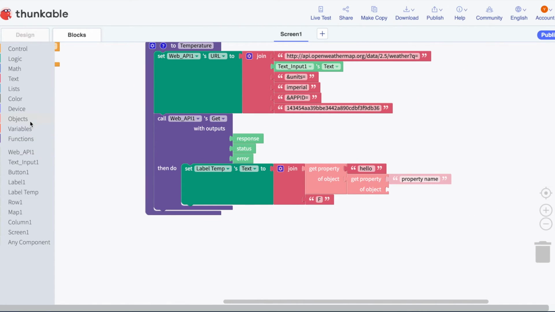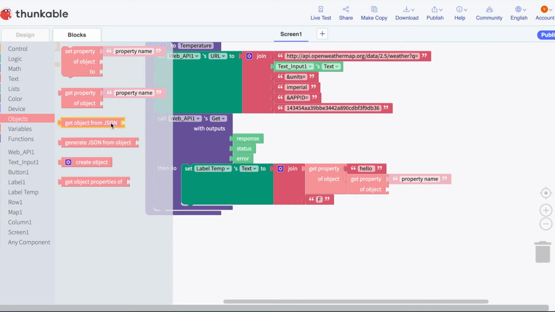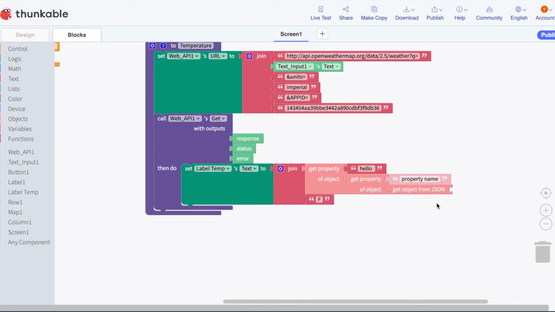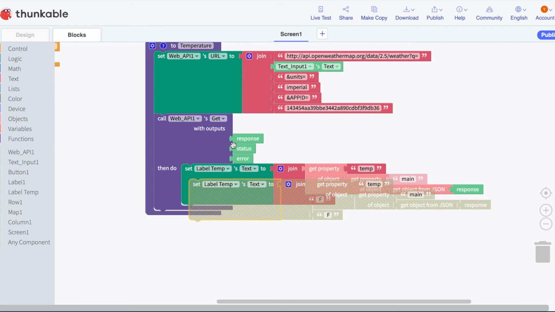And then you have to do get object from JSON, and it should say response. Get property temp, this one should say main, let's put a space so that it does the F. Now what you have to do, copy it,